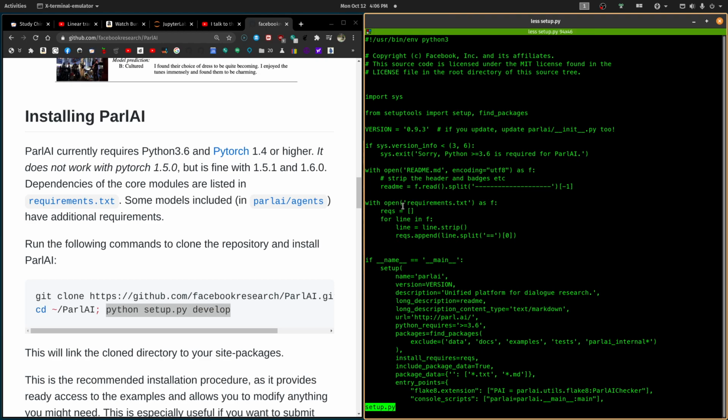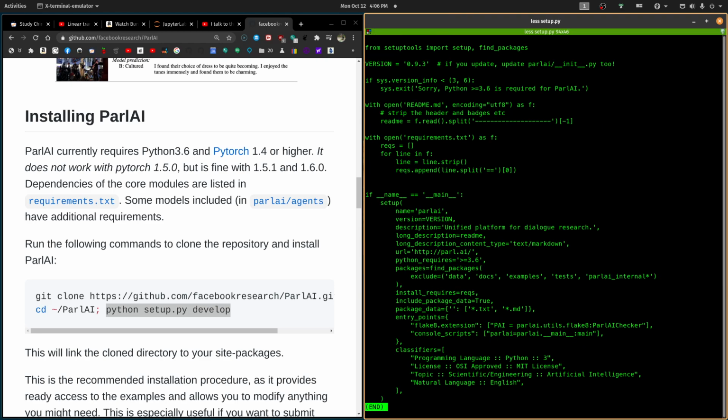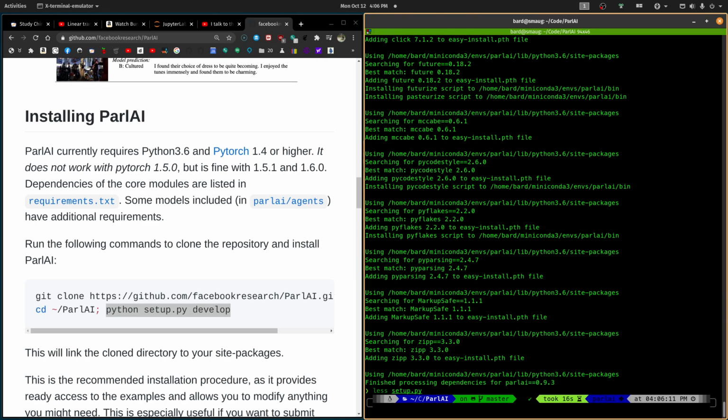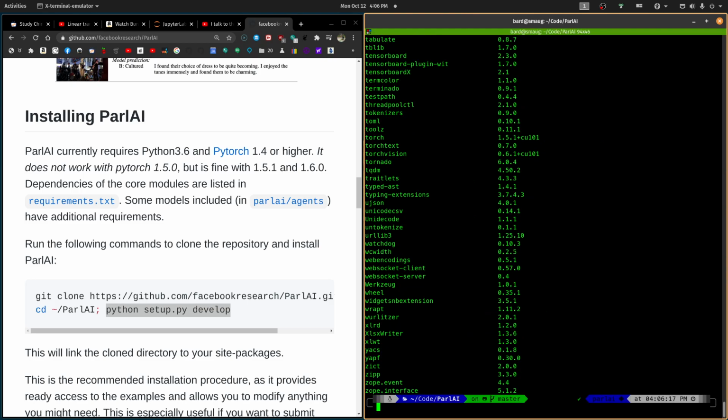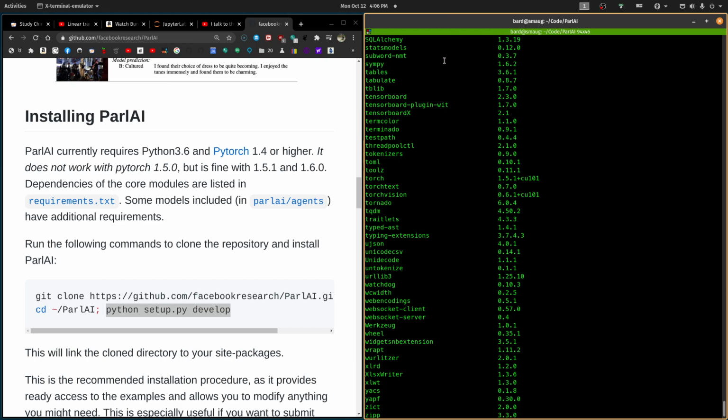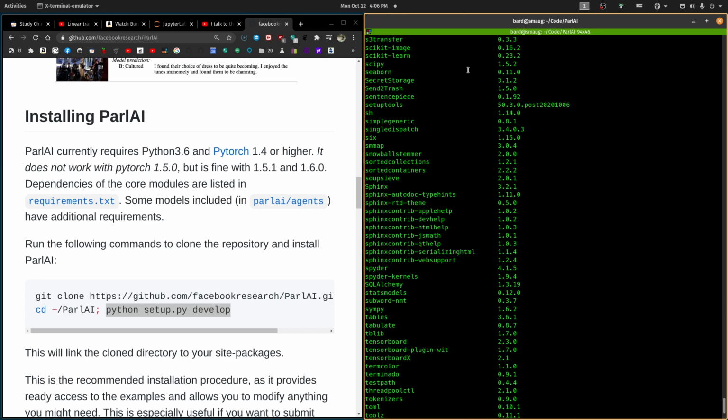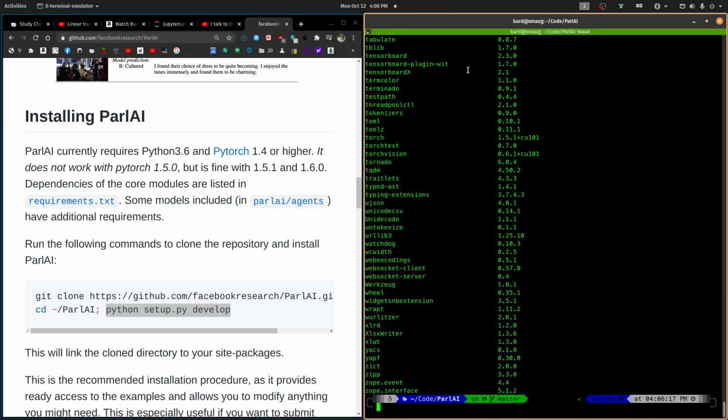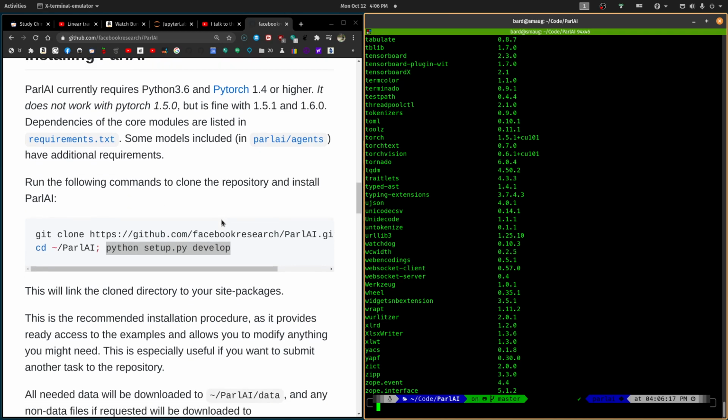Yeah, you see, this is opening requirements up here, and doing other things too. So I wonder if we have TensorFlow installed now. So pip TensorBoardX. Oh, TensorFlow. I wonder why we need TensorBoard if we don't have TensorFlow. Well, I can't answer that question.